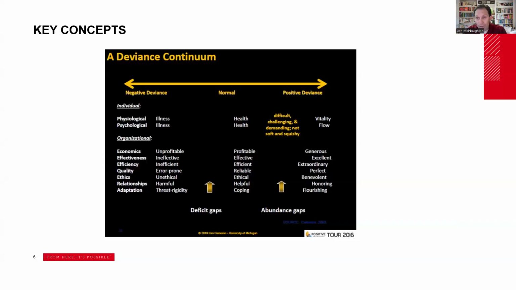Let's think about meetings, for example. We might have a meeting where we're getting the work done we need to get done. That's normal. Well, then somebody comes in and they are distracting or they're always late. That's a state of negative deviance. Now, it can be very conscious for us to think, well, I need to solve that meeting problem. So I'm going to talk to John and I'm going to have him come to the meeting 10 minutes early so we can get back on track.